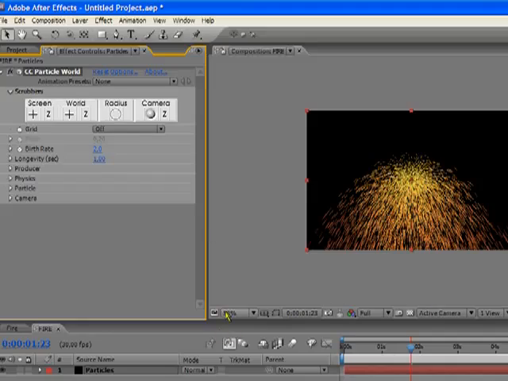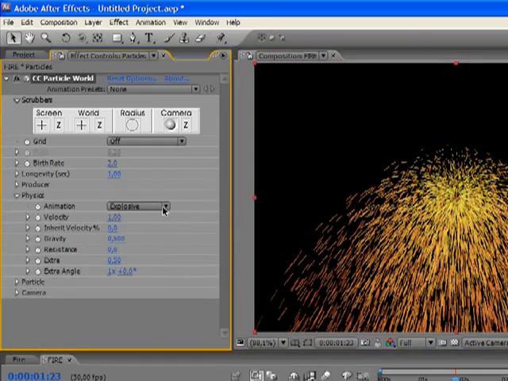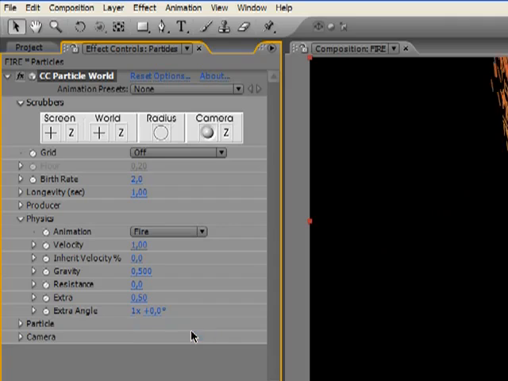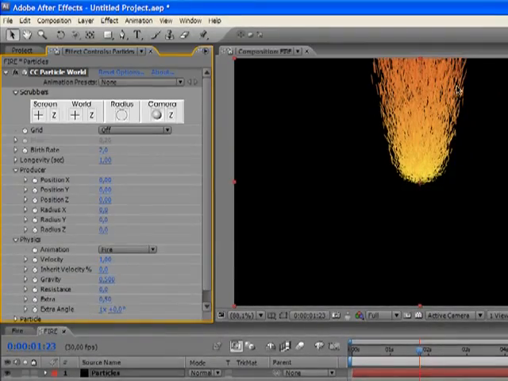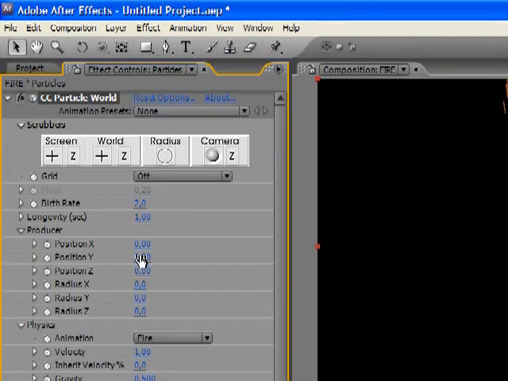And set it up to 100. And I'm going to go down to the physics, change the animation from explosive to fire, because that's what we're creating, right? And I'm gonna bring the producer down so that we don't get cut off right there at the top. So change the Y position